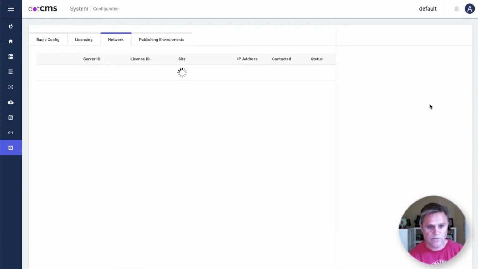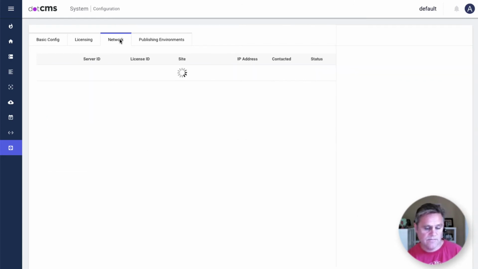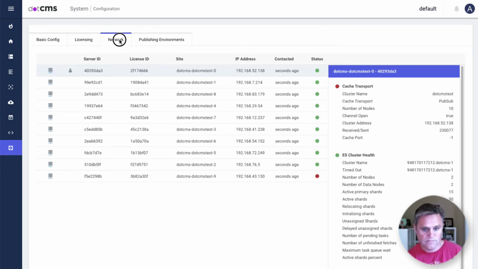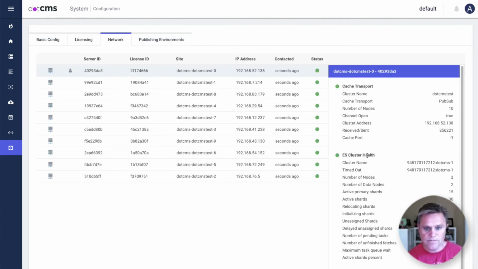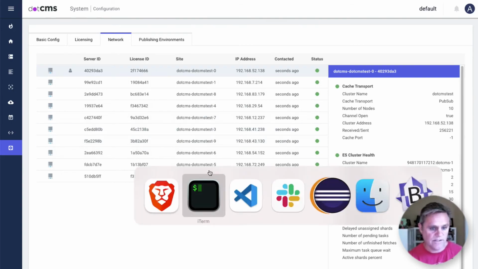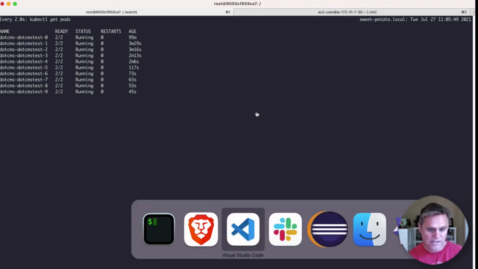Let's see how many servers we have now. We have 8 coming online. Here we go, now we have 9. And now we have 10 servers. You can see these servers are all licensed and all part of the .cms cluster in order to deliver content at scale. Taking a look at our pods here, we have 10 pods, and scaling down is